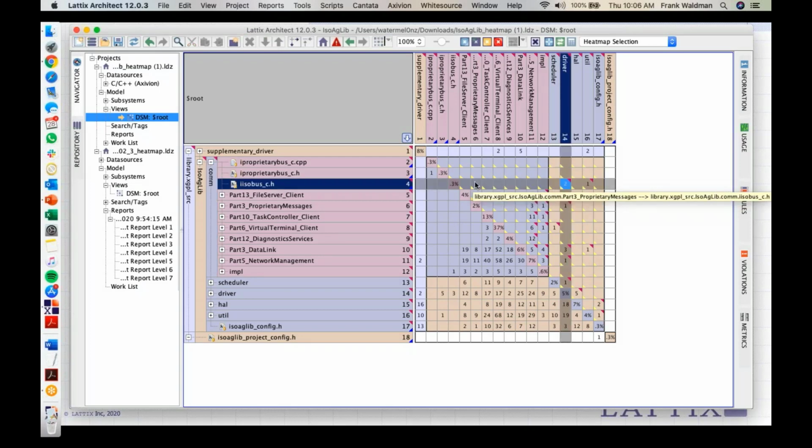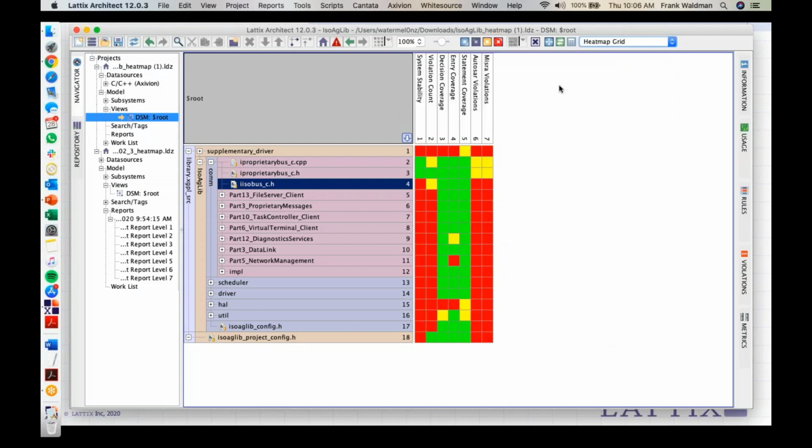So since version 12 has come out, we have implemented some new features around heat mapping. And you can see this new menu up here allows us to view the system by heat map. So I can select here the heat map grid for the entire DSM. And you can see now that the typical things that you as a developer or quality manager would be concerned about are now visualized in the